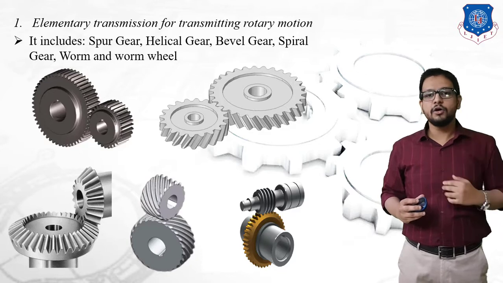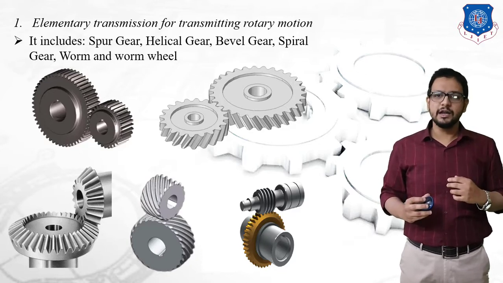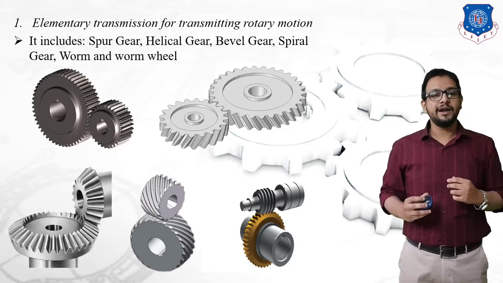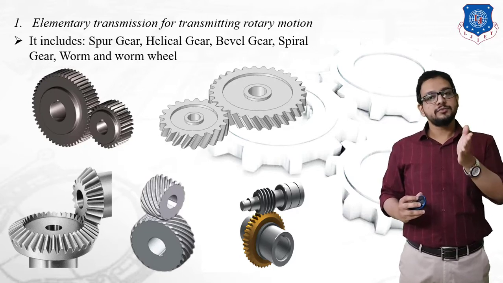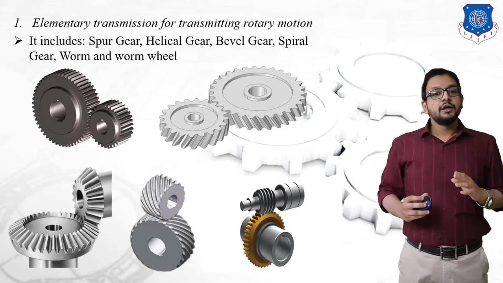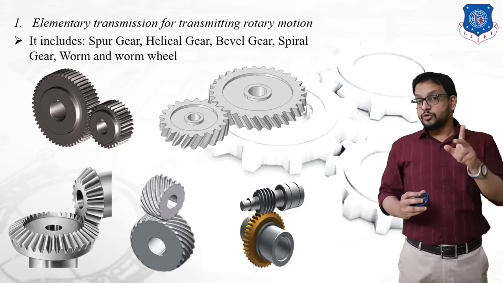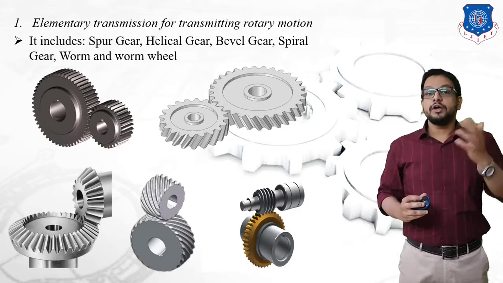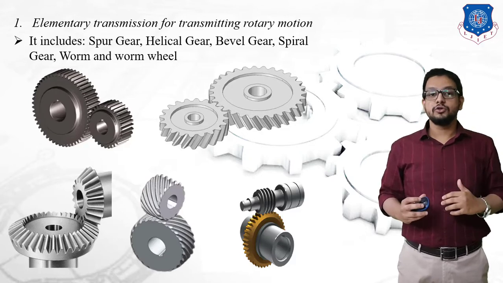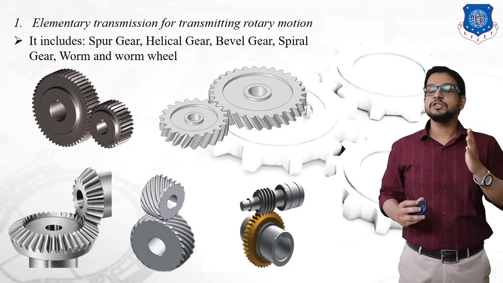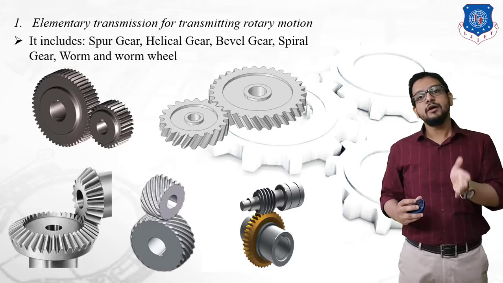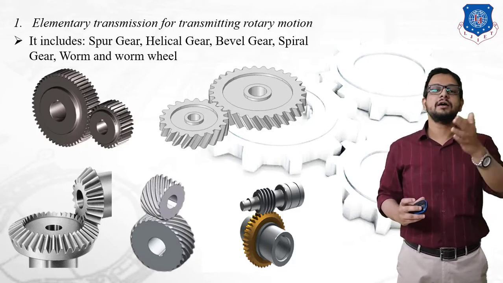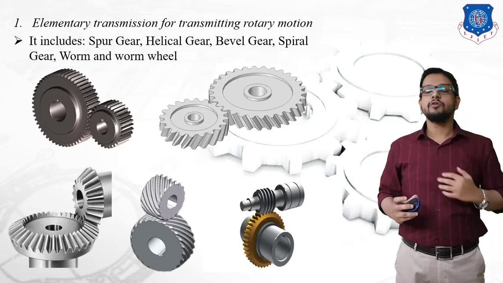You would have learned all these types of gears in your kinematics of machines subject, right? So I am just giving an overview that this is going to transmit a rotary motion. Okay. Now the main problem in a spur gear is that it creates more noise at higher speed. So in that case, when a machine tool is running at high speed, spur gears are not preferable. For that, we need to upgrade and use a helical gear. Now, what is the characteristic of a helical gear?